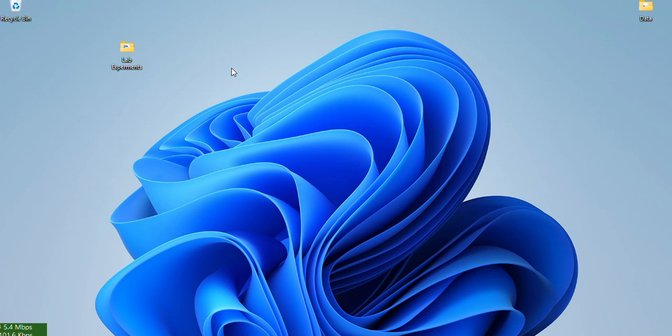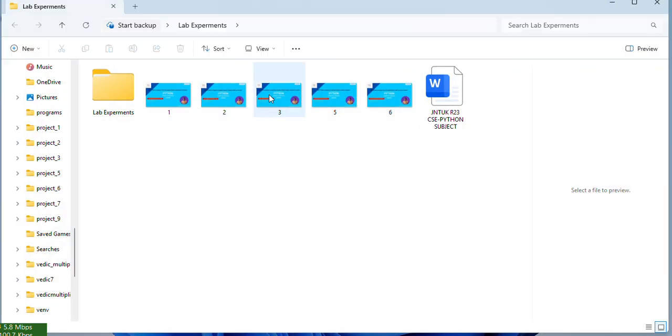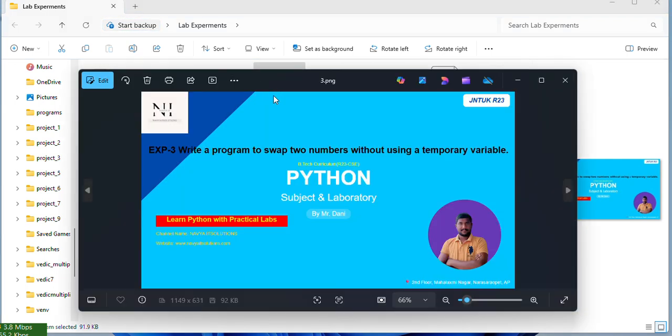I already completed the first experiment. After that, the second experiment I completed yesterday. Today, I am discussing experiment 3. Experiment 3 is: write a program to